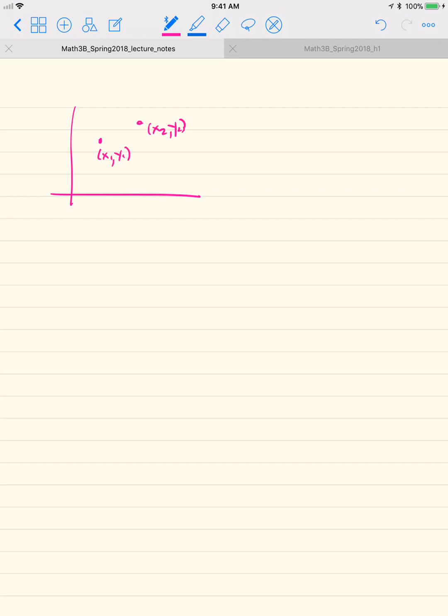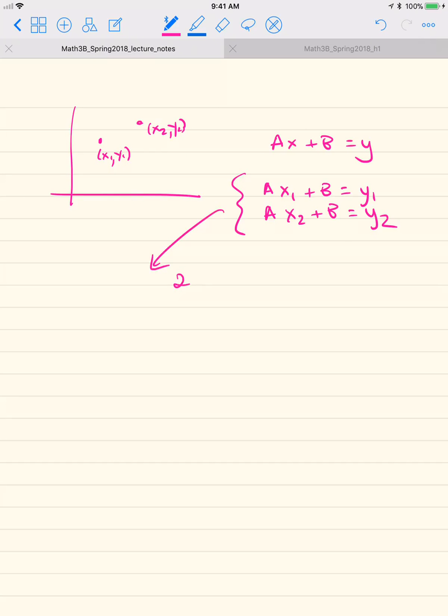Now, what's the general formula for a line? We can say ax plus b equals y, right? Or mx plus b, either way. Now, x1 has to satisfy this, x1, y1, and x2, y2. We have a system of equations, 2 unknowns, 2 equations,